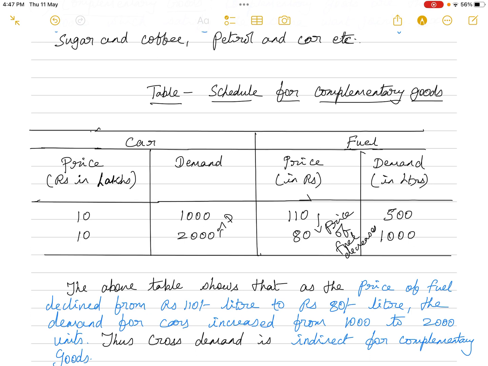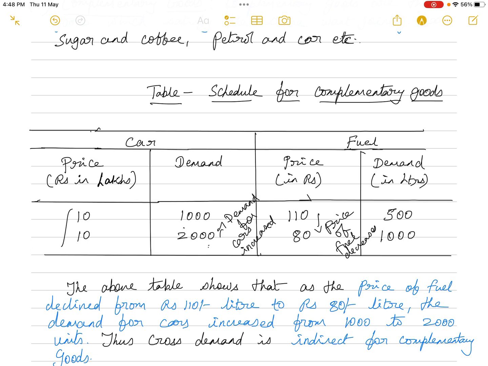Now what is happening? The demand for cars is increasing. When the price of fuel decreased, the demand for cars increased. When the price of fuel decreased from 110 rupees per liter to 80 rupees per liter: at 110 rupees per liter, the demand for cars is 1000 units; when the price of fuel decreased to 80 rupees per liter, the demand for cars increased to 2000